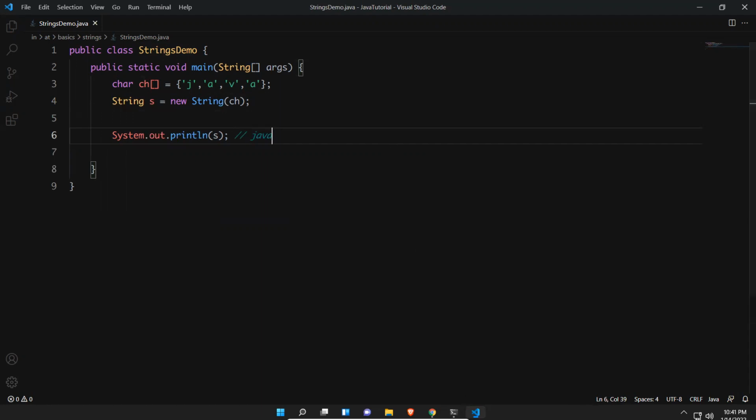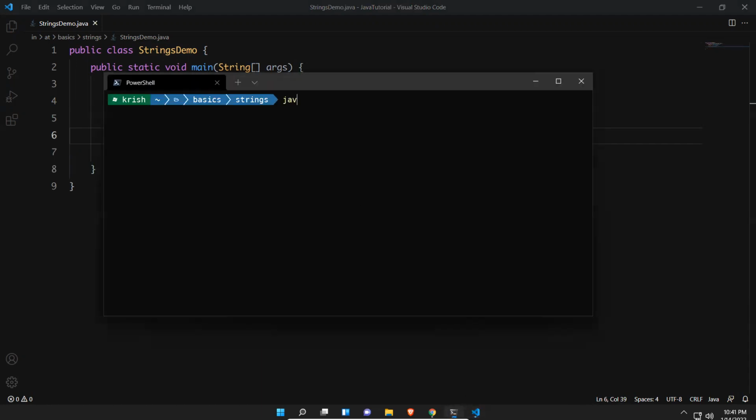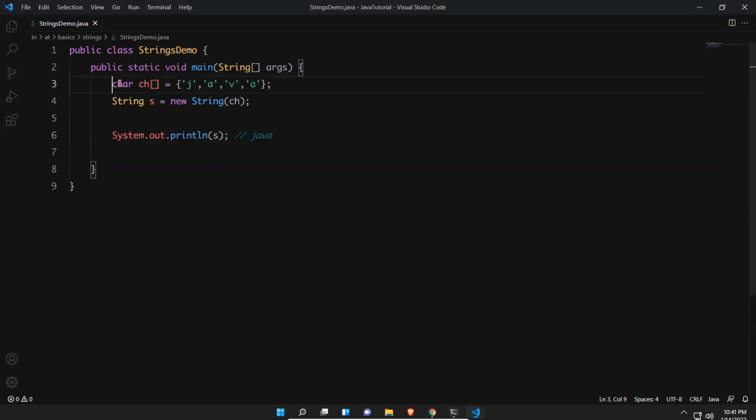Let me run it. You see that it is printing Java. But you cannot create a string like this each and every time. However big a string you want, creating a character array is difficult.